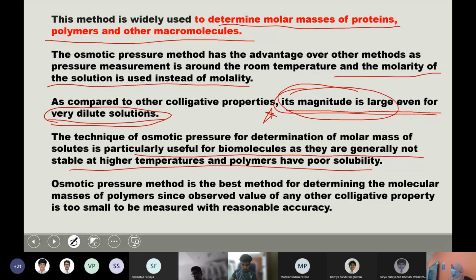You have a protein inside your body, but if you kept it outside at a high temperature, will it work? The catalyst is a protein. Catalysts are made of proteins. So proteins will undergo denaturation, right? That means it will get spoiled. It will break the bonds, the peptide bonds and all.